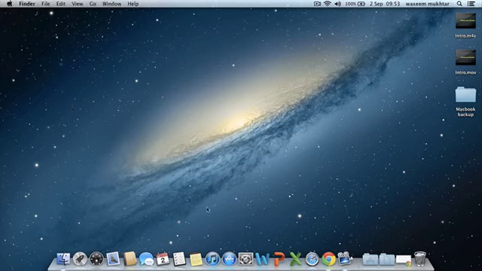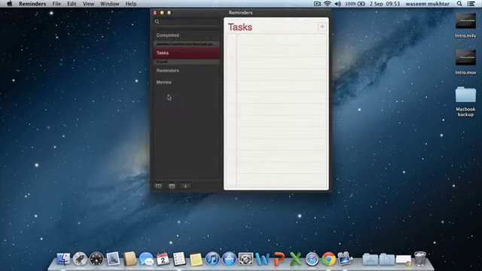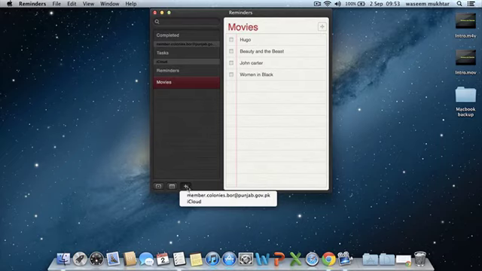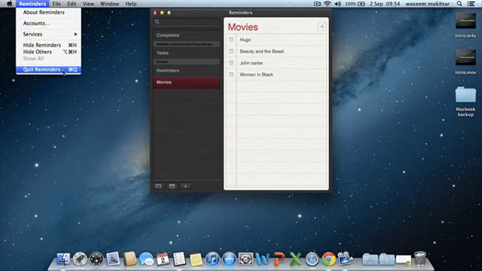And guys, now let's check out Reminders. Reminders isn't the same as on the iPad. You can see big changes. I'm not going to mention them right now, but it's pretty cool. I can also add reminders, and you can mark tasks completed. This is really cool. I love this. This is one of my favorites.